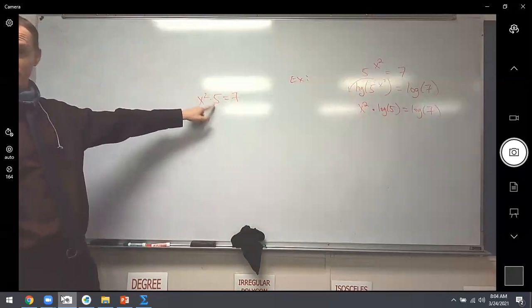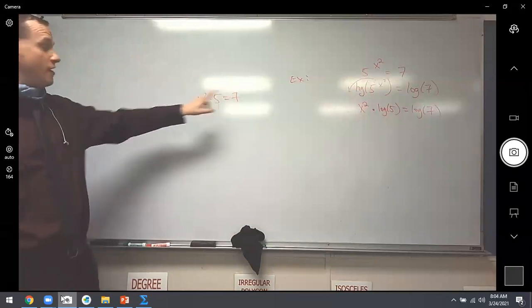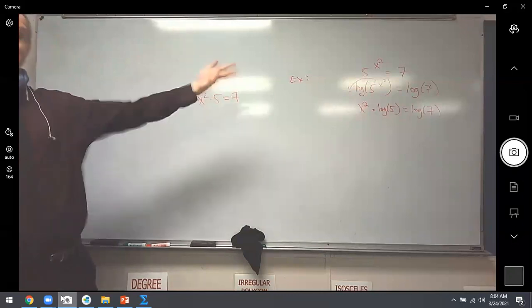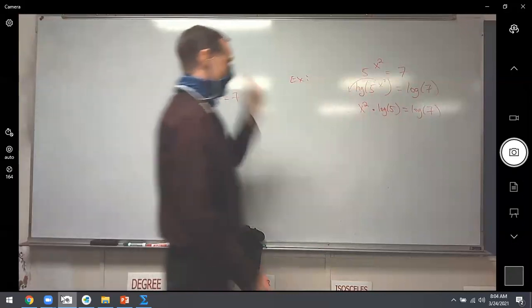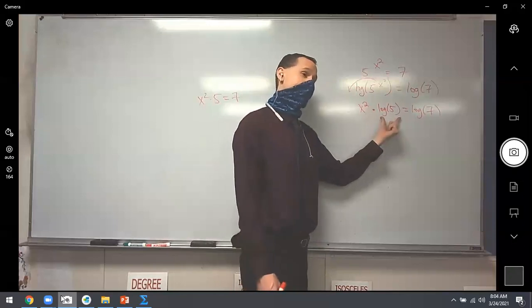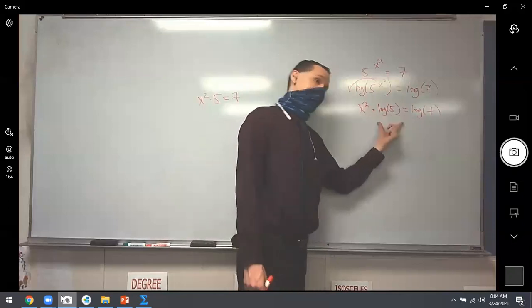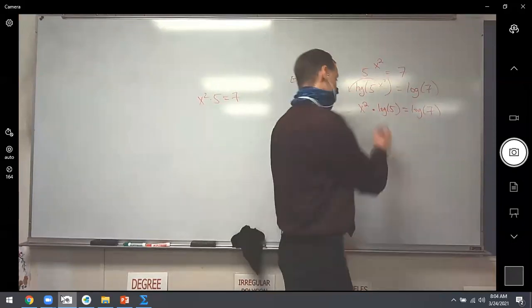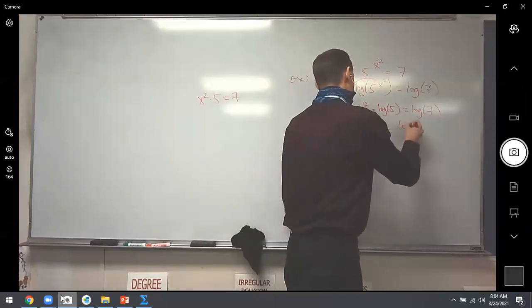You'd probably get rid of this 5, or would you divide by 5 first, right? Then you have x squared. How would you get rid of the square? You do a square root. Well, we're going to do the exact same thing over here. So over here, the x squared is times log 5. So we're going to divide by log 5. Log 5 is just a number. You can do the same thing you always can. So if you divide both sides by log of 5,